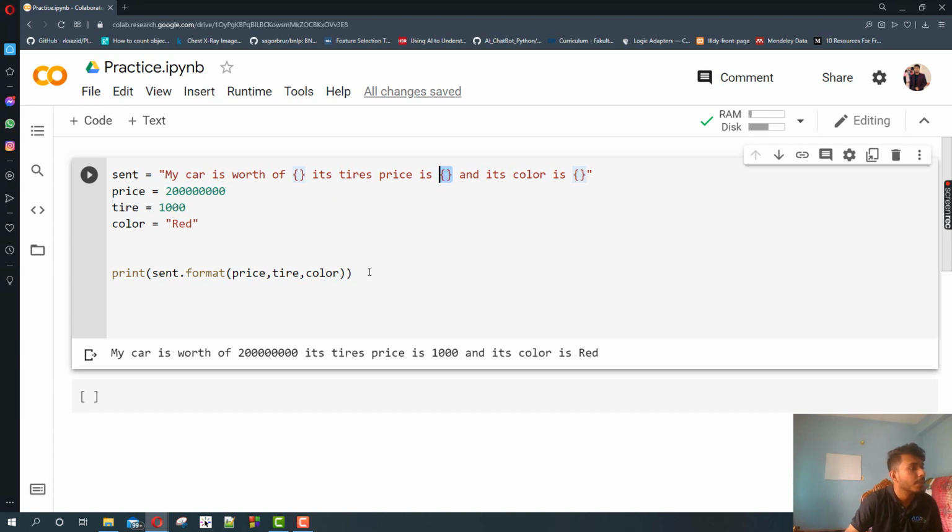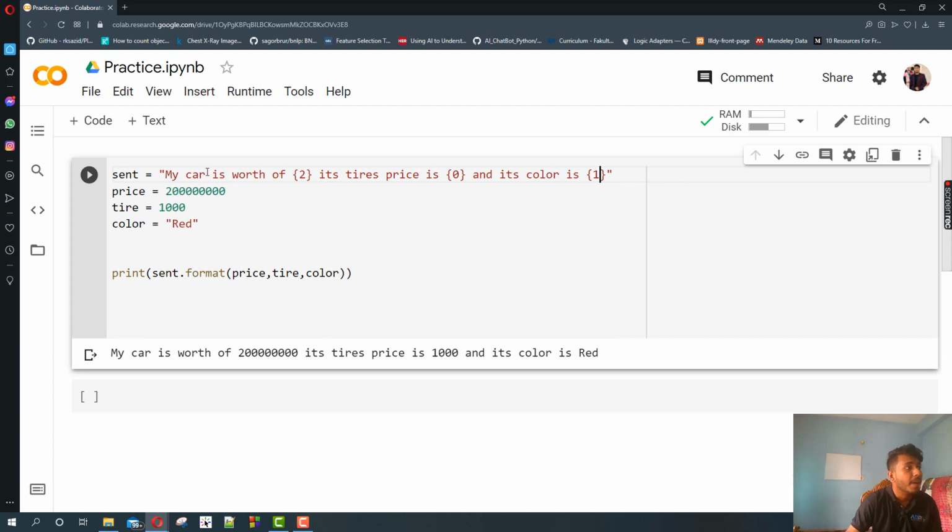Now you can also specify the index of these placeholders. I am giving you an example. You have to understand the index first. This one is 0, this one is 1, and this one is 2. Now if I want to print like that, suppose 2, 0, 1. Can you imagine what will happen over here?